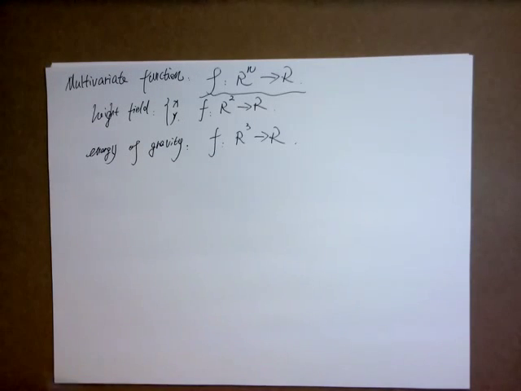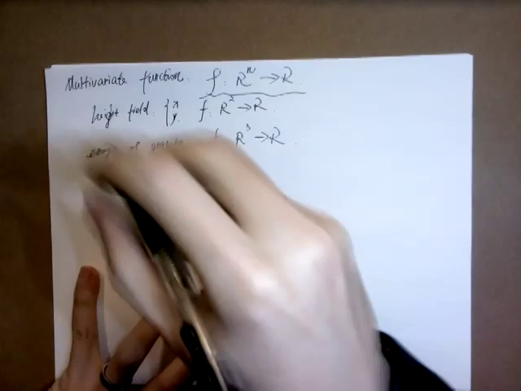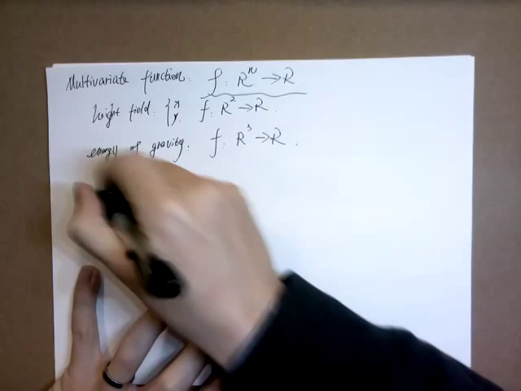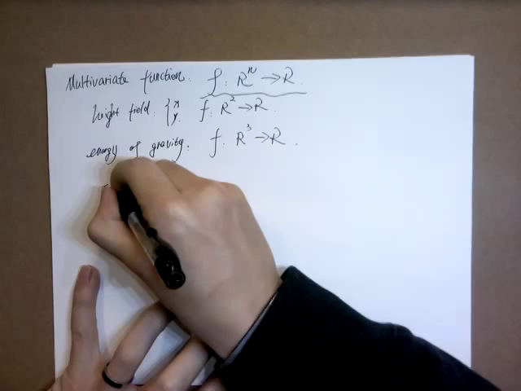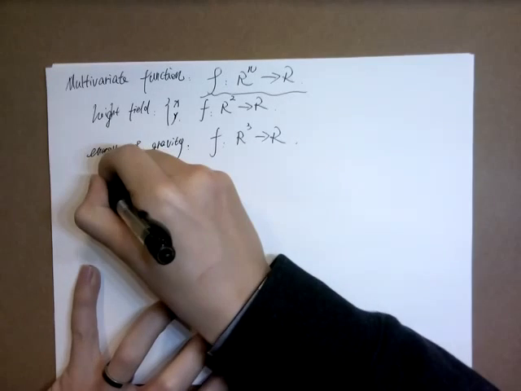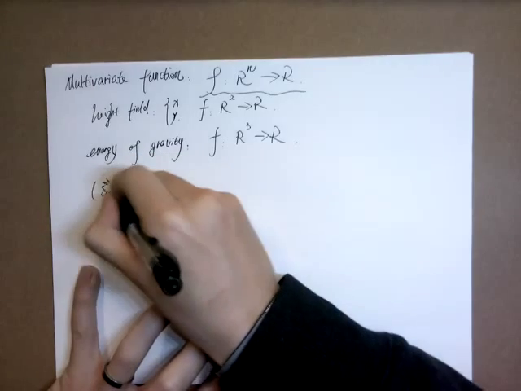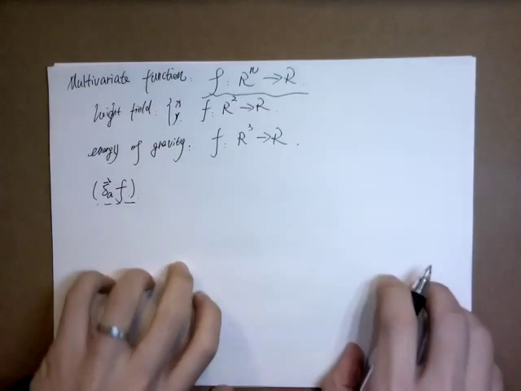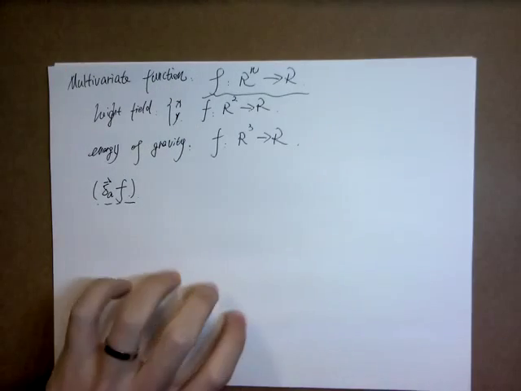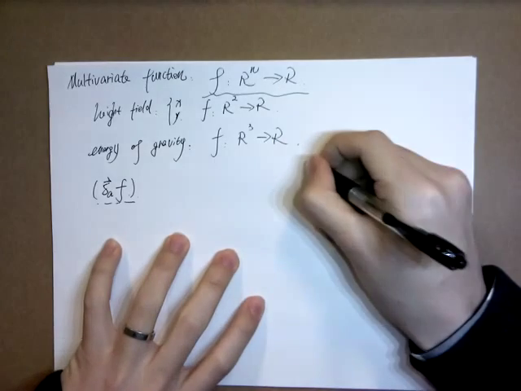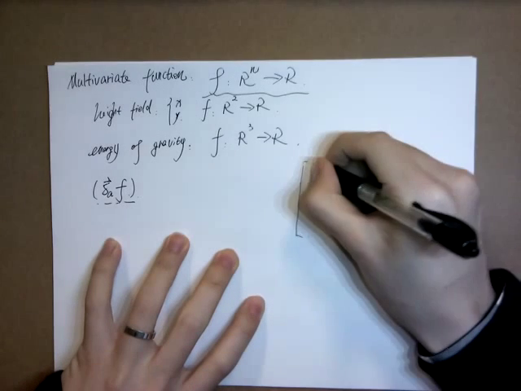So we can have a similar definition of what is the total derivative of f. Here I'm going to write an arrow over here, because the total derivative of f will no longer be a scalar, it will be a vector. So if f is such a function, then I can